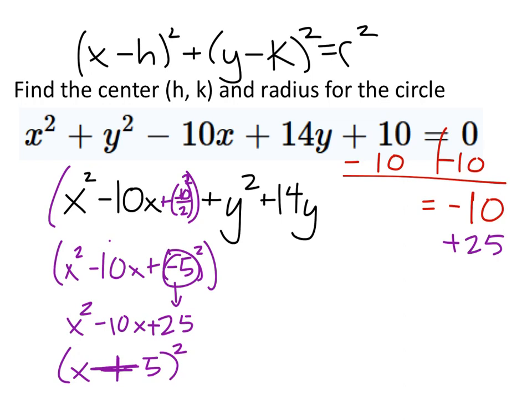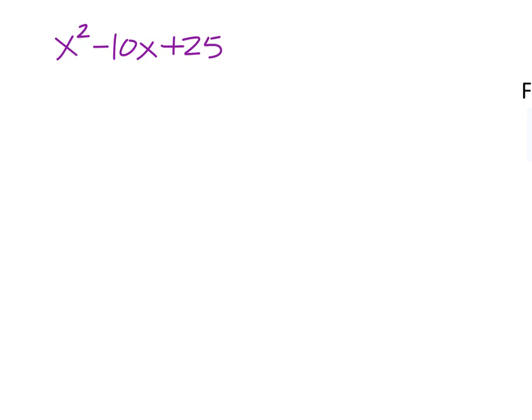Now, it didn't really ask us to find the equation from the beginning, right? But if we have the equation, then we should be able to figure out what the center and the radius is from there. So let's move on to the y values. Right, let's look at that x squared minus 10x plus 25. All right, now this is